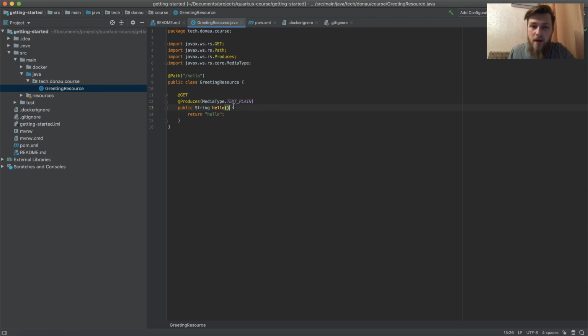So the next thing that we have is the method in the GreetingResource, and you can see that we don't have any constructors, we don't have anything there. It's super simple, super nice. And you can see the hello method, which has a @GET annotation and produces plain text basically. So what it does is that this method will handle the /hello